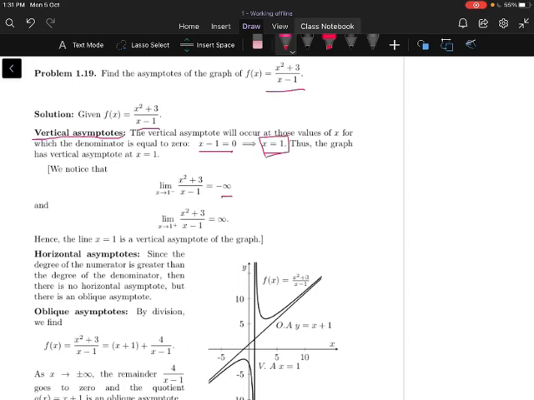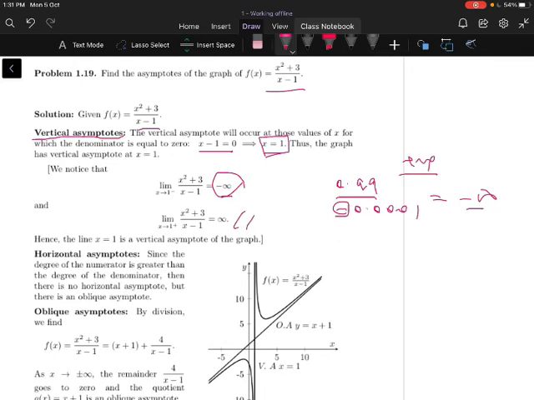We can check through the definition. For x tends to 1 minus, we have minus infinity; x tends to 1 plus, we have plus infinity. I'll tell you how to get minus infinity here. x equal to 1 minus is nothing but like 0.99, for example. Let us take 0.9. x² + 3 is anyway positive, but x − 1 is a minus, almost 0, like −0.00001. Anything divided by almost 0, that is a negligible value, goes to infinity. This minus sign is there, so we have minus infinity.